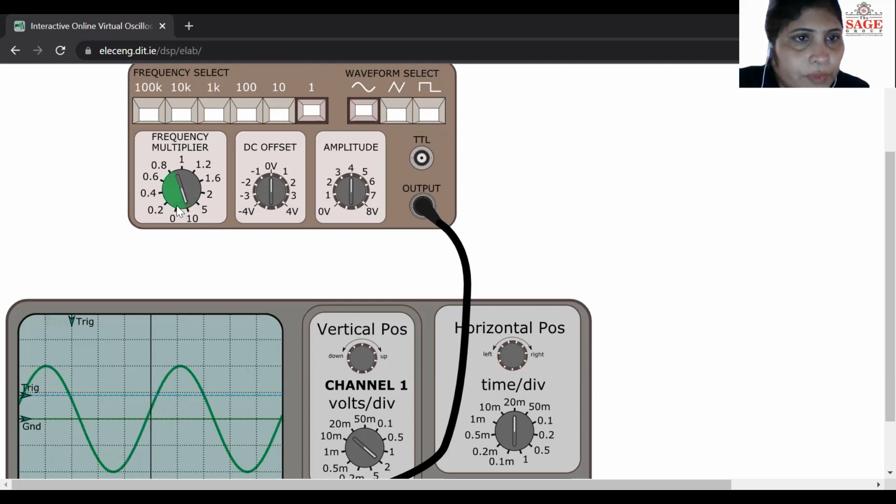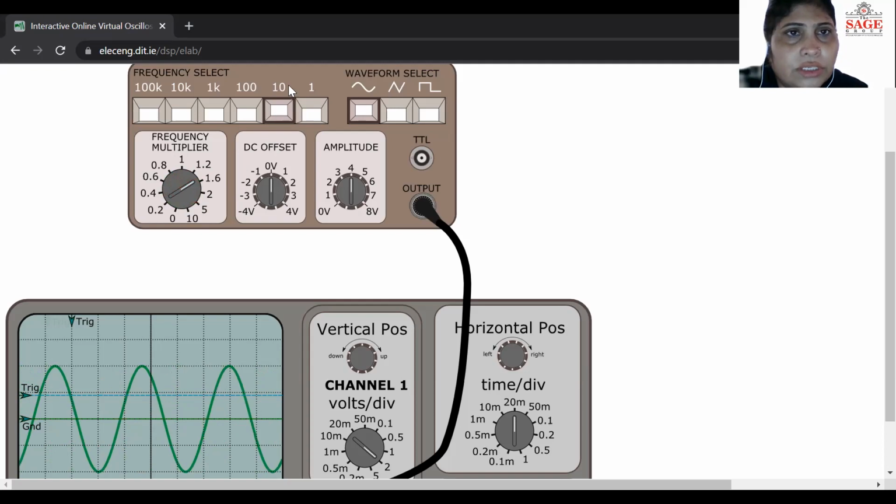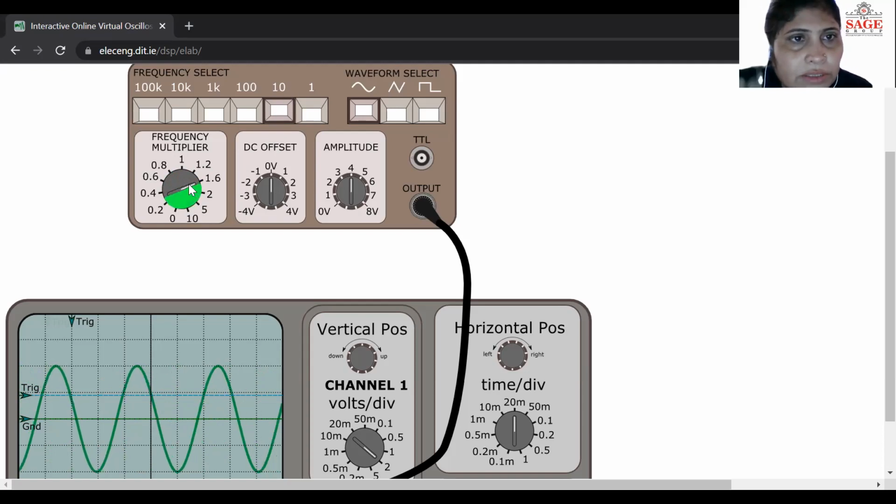Now see, on this knob the 10 is available here. So 10 multiplied by 1 is giving how much frequency? 10 hertz. Now the range can also be changed, so you can see a wide range of frequencies can be obtained. If I click on this 10, now you can see the 10, and this knob is on 1.6. So 1.6 multiplied by 10 is how much? 16 hertz.